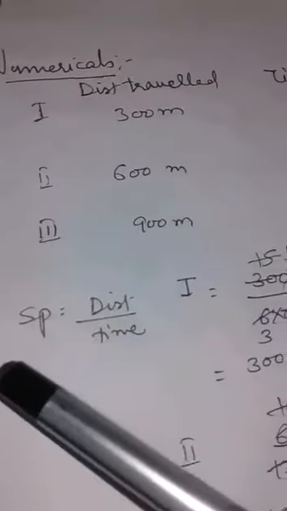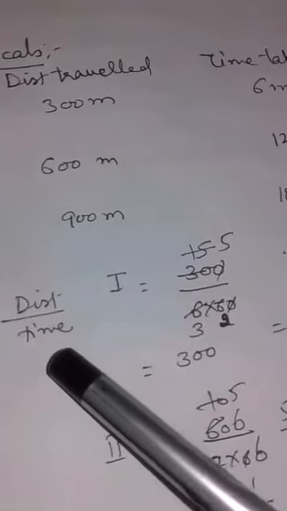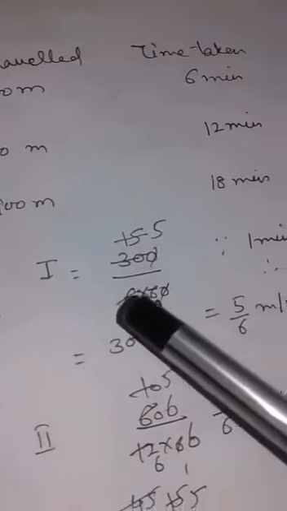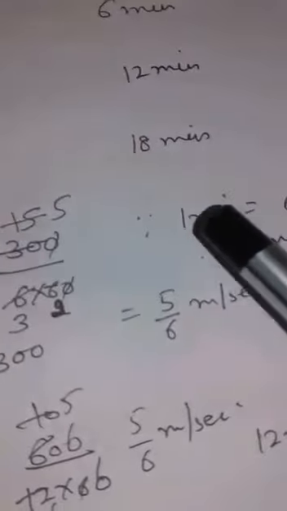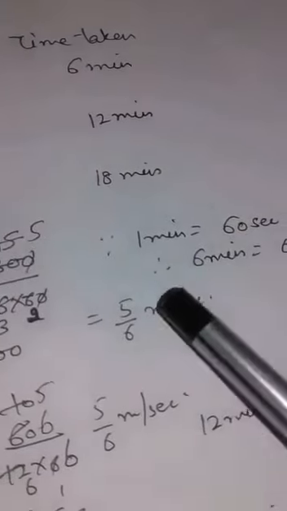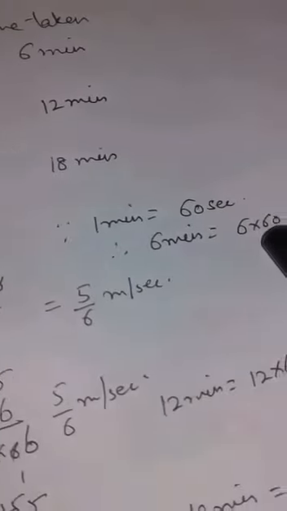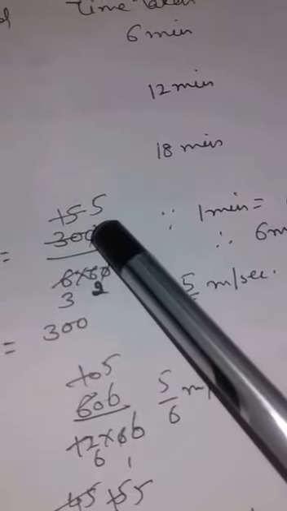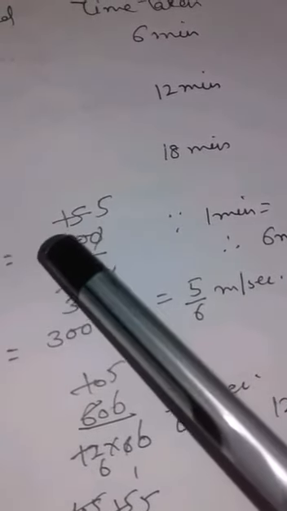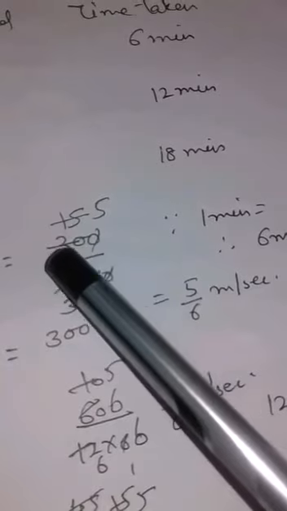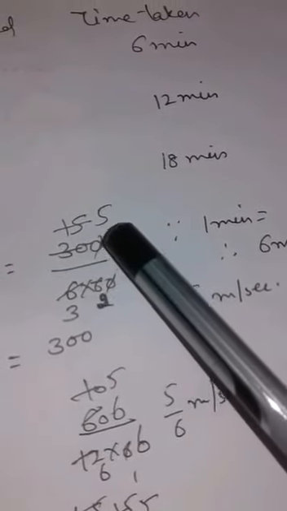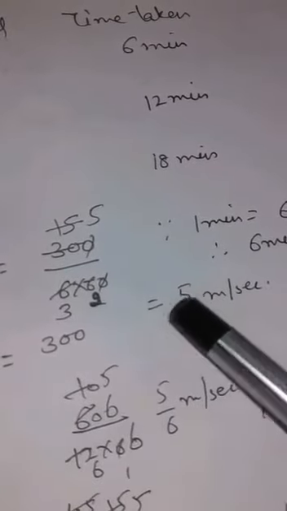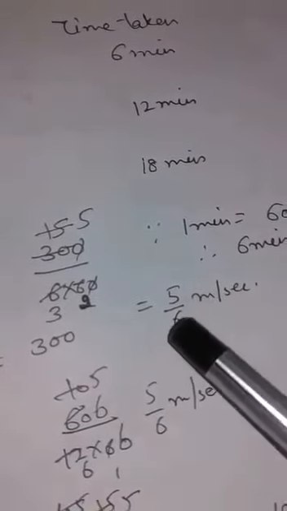For this we have to find the speed. Speed is equal to distance by time. For the first part, distance is 300 meter divided by 6 minutes. As we know that 1 minute is equal to 60 seconds, so 6 minutes is equal to 6 multiplied by 60. If we do the calculation, 0 cut by 0, 2 3s are 6, 5 2s are 10, 3 1s are 3, 3 5s are 15, and 5 upon 3 2s are 6, 5 upon 6 meter per